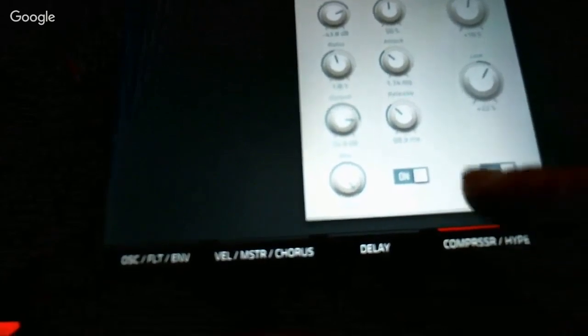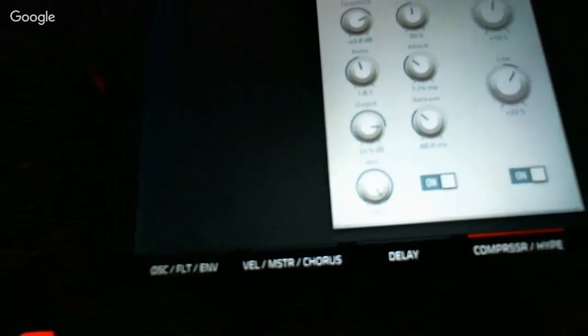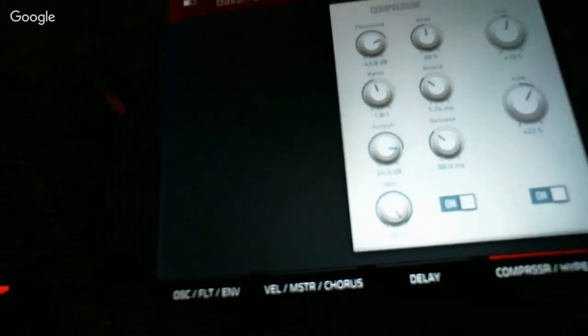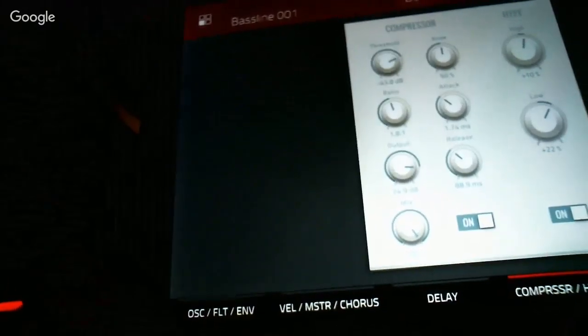All right, now compressor, hype. So I'm just gonna play an arp on here on my keyboard because it did come with an arp update too. But let's see what we can do here. Keyboard hooked up. I'm gonna be using this Akai over here,